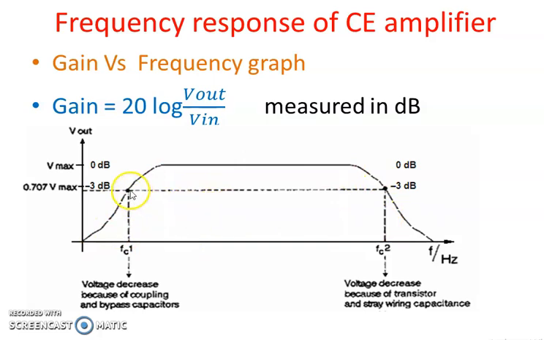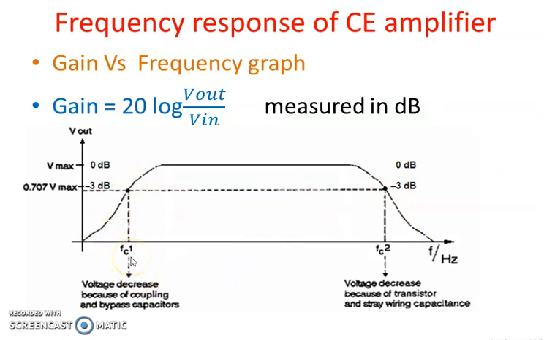In this graph, we can see that at the lower cutoff frequency FC1 and the upper cutoff frequency FC2, the gain is decreasing. We measure the minus 3 dB frequency, calculated from the maximum, and at the minus 3 dB frequency the voltage value is Vmax by root 2, or 0.707 times Vmax. At the 3 dB frequencies FC1 and FC2, the output voltage is decreasing. What is the reason for this?